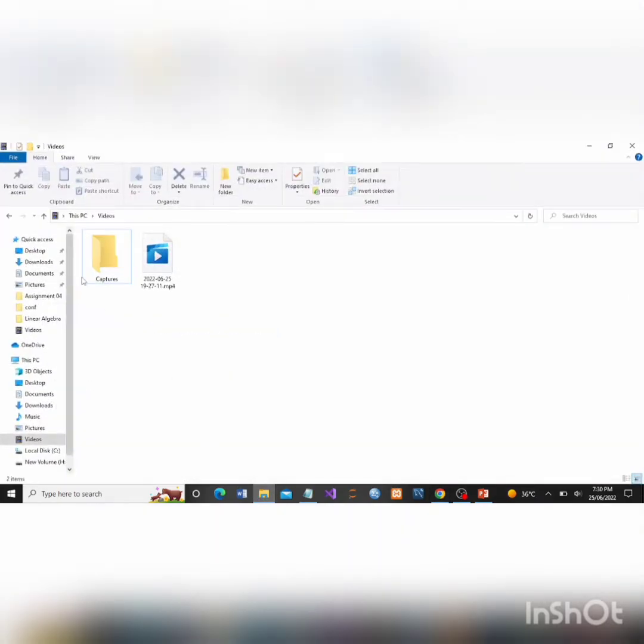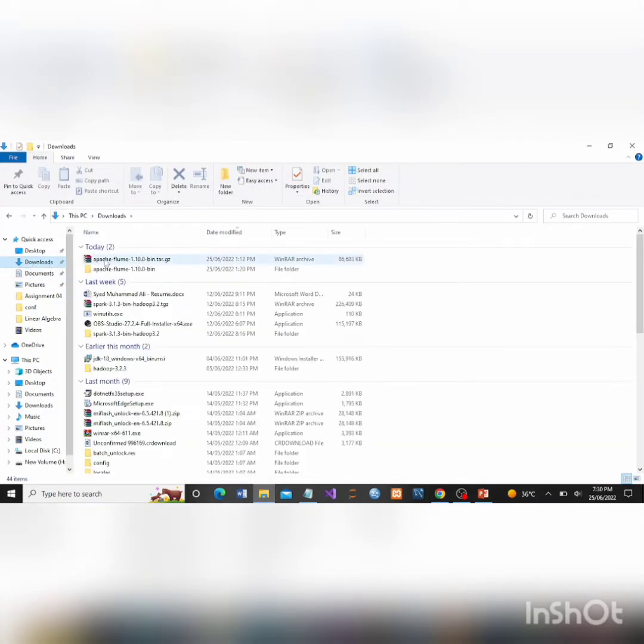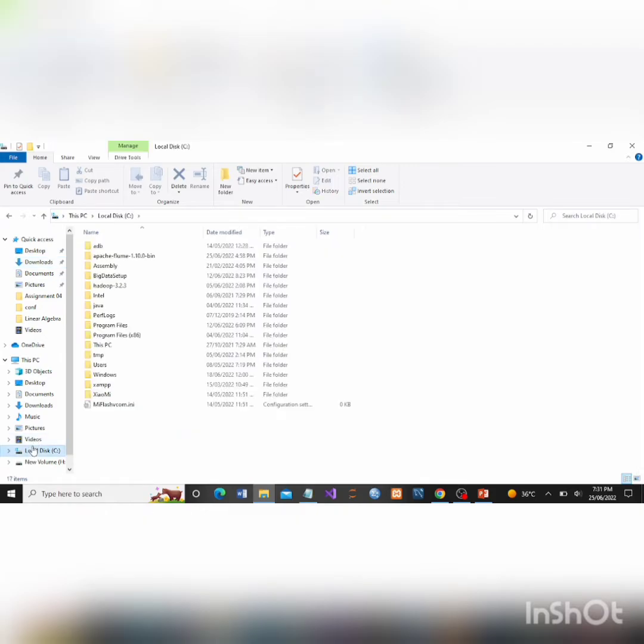As I already downloaded Apache Flume, this is the zip. You get the zip version of Apache Flume, so we have to extract it. I already extracted the zip folder of Apache Flume. We have to copy it and paste it into the local disk C. As you can see, this is Apache Flume